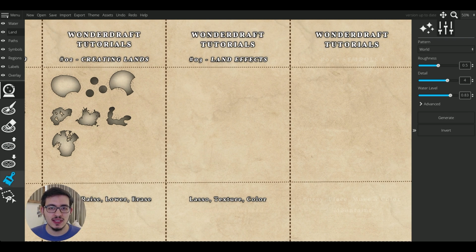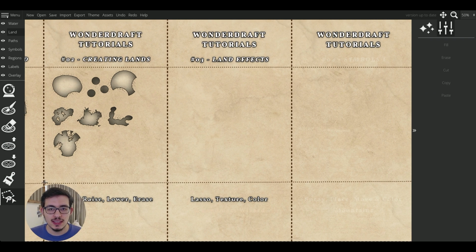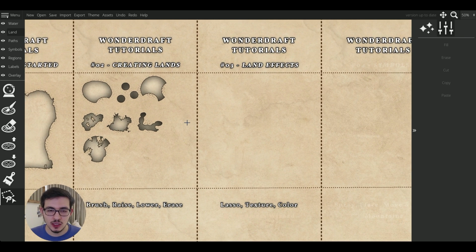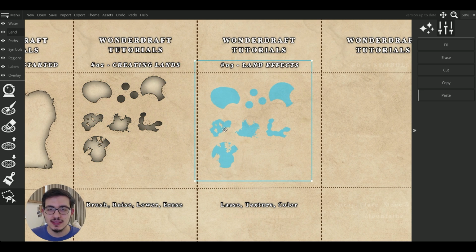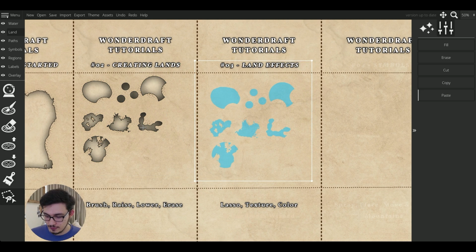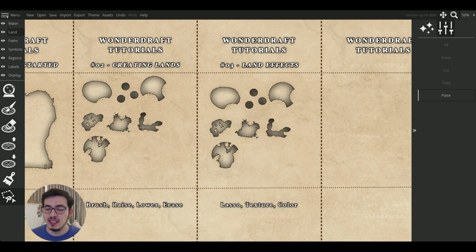The next one is the Landmass Lasso tool. This tool, if you click it, and by using the left mouse button, you choose an area. By right clicking, you finish choosing the area. And when you do that with this tool, you will have these options on the right. You can fill this area, you can erase it, cut it, or copy it. I will copy this one and paste. And now I have the exact same coastlines here. And by clicking enter, I can place them anywhere in the map.